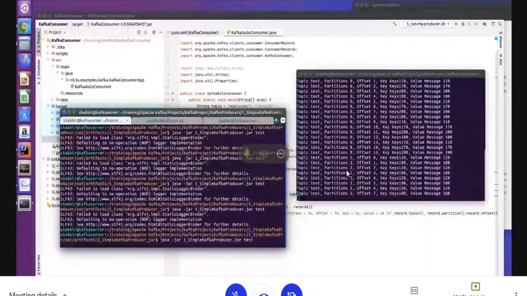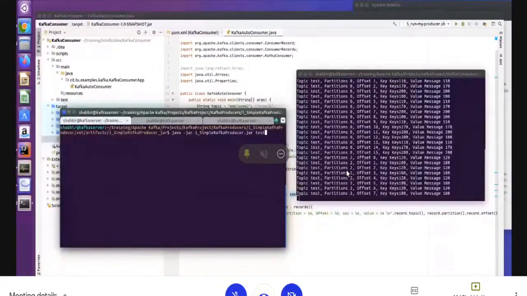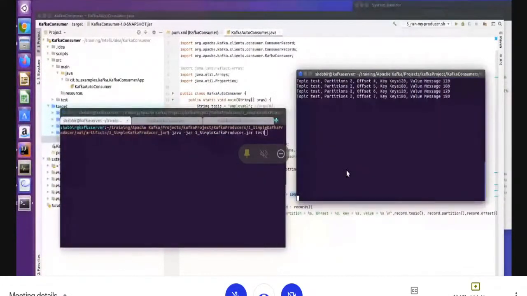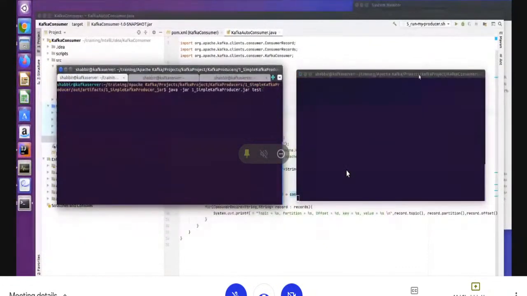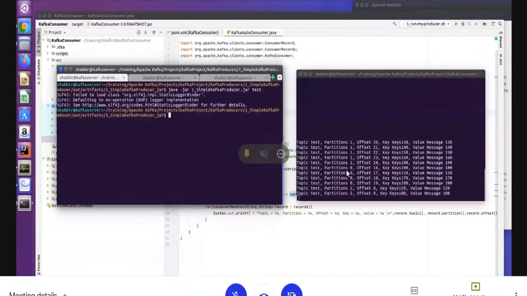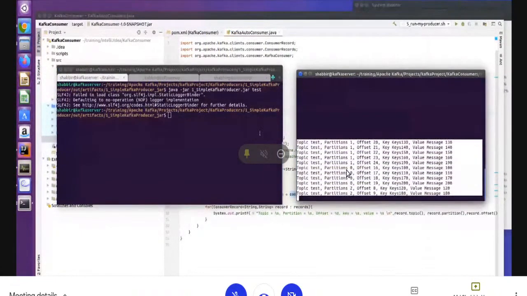Again, you will see, right? I am running this producer. It will produce some data, right? And this is already produced data, right? So clear this screen. Now you can see this is my producer application, and on the right hand side is the consumer application. I am running the jar, right? I built the application, I created the jar file, and I'm running it and passing the topic name that produced data into the test topic, right? It is produced, and you can see the consumer application received all the data, right? So this is how our custom producer API and the custom consumer API work, right?